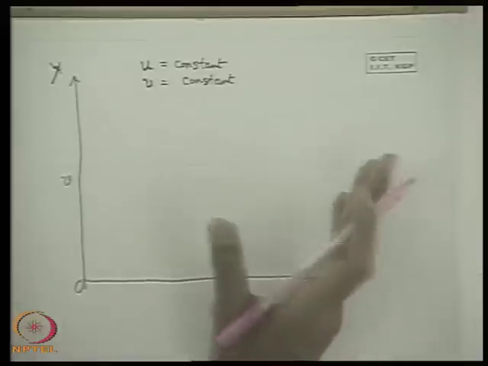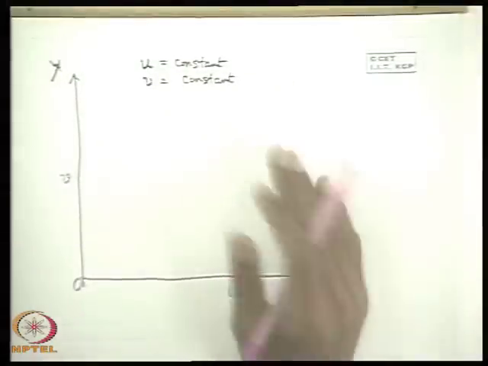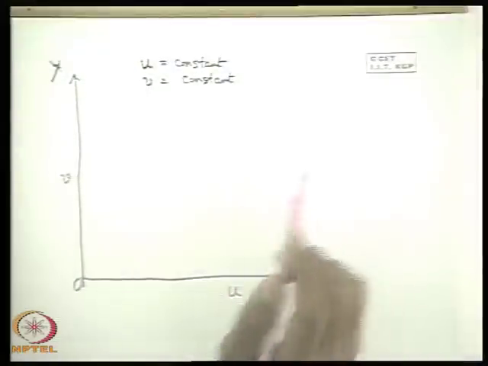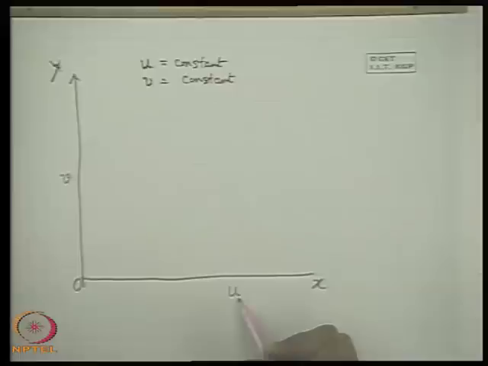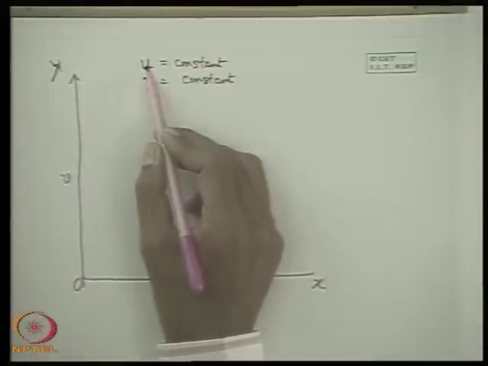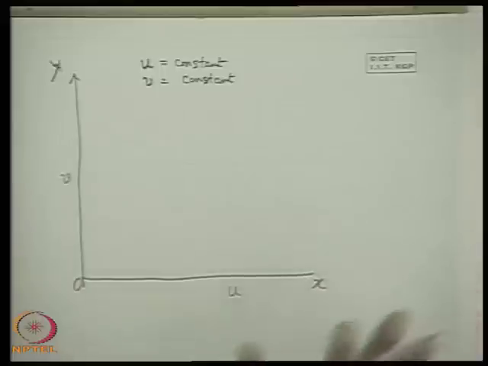So fluid flow may be steady or unsteady. If it is steady, all the pictures correspond to all times, or if it is unsteady, the picture corresponds to a particular instant. So therefore, regarding the variation of velocity component with space coordinates, let us consider a very simple case, that is a uniform flow. u, v, both the velocity components are constant. We consider a two-dimensional case. In that case, what happens?